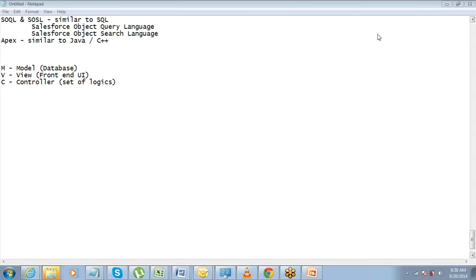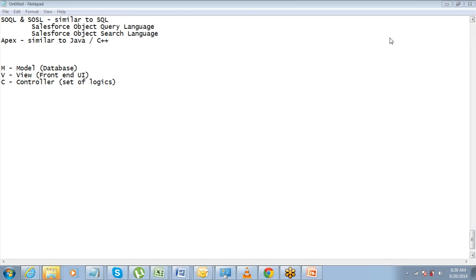Any portal that you see. Yes, all these online shopping portals have a database at the back end, a front end, and then the controlling logics. These are all MVC examples, or any other web-based application. Net banking, as Chetan was saying, that again is a kind of MVC framework.